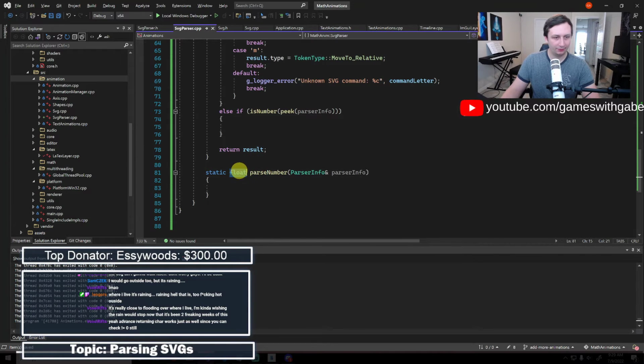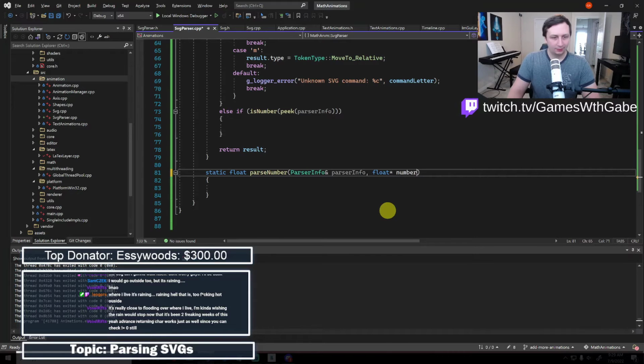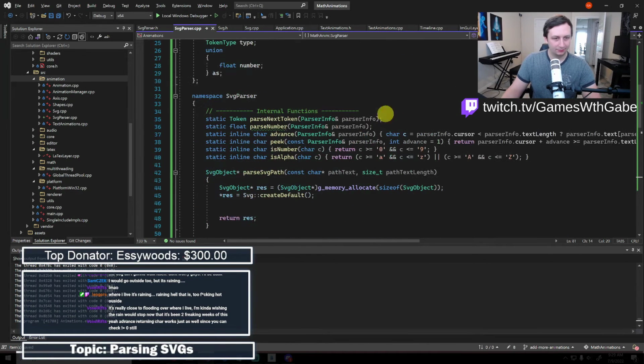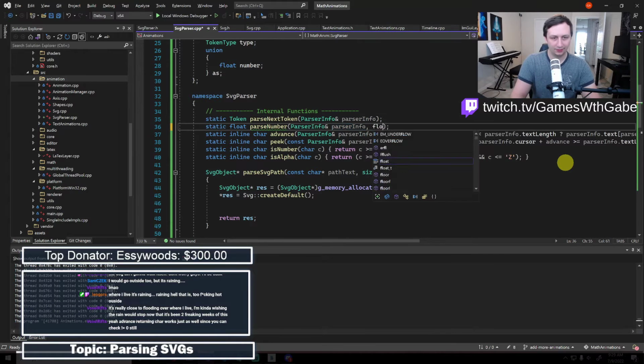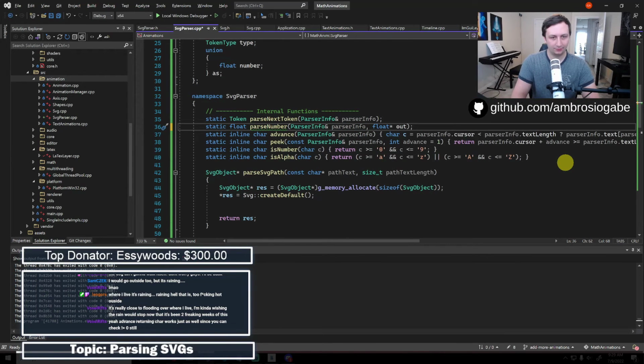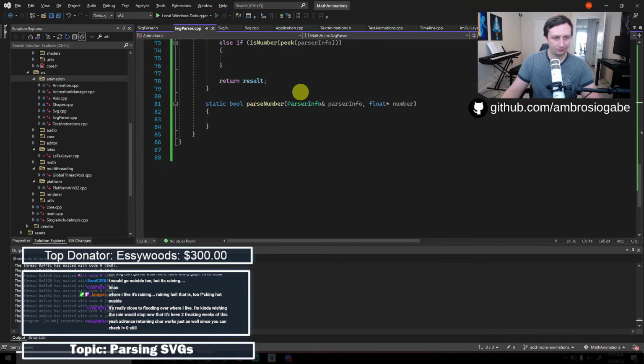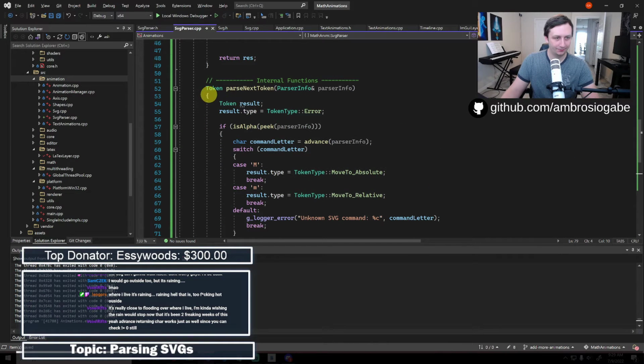And maybe we should have it return whether we succeeded or not. So that's like a float star out bool. Yes, okay. That way we can just return on error or something.